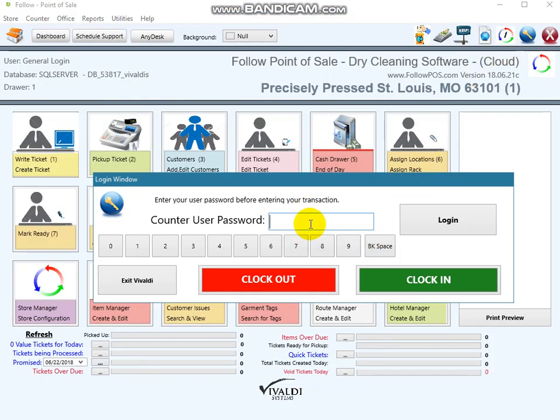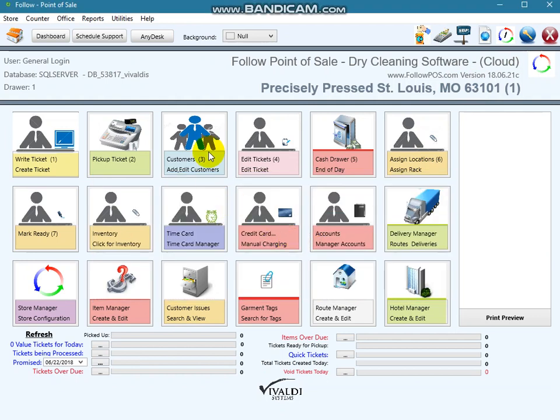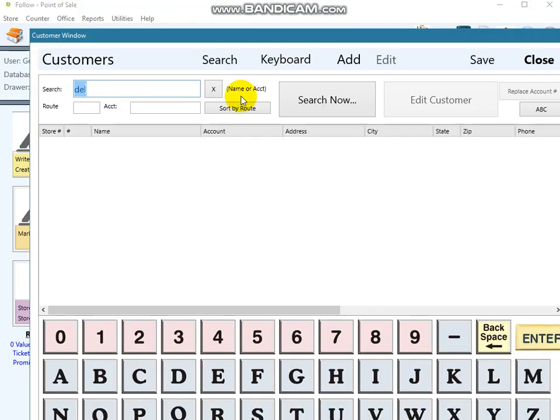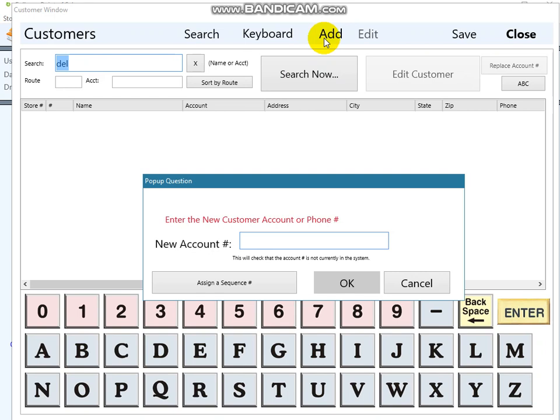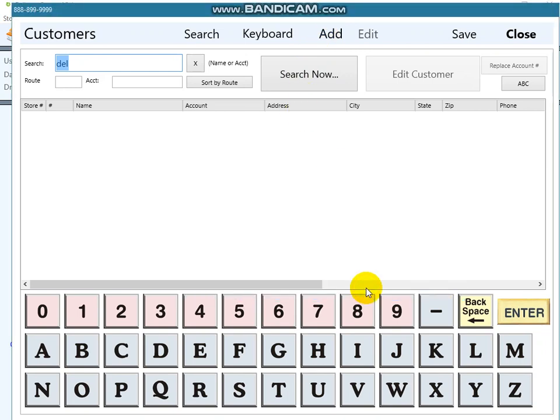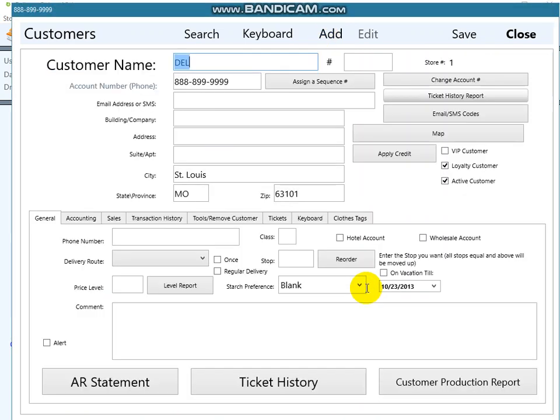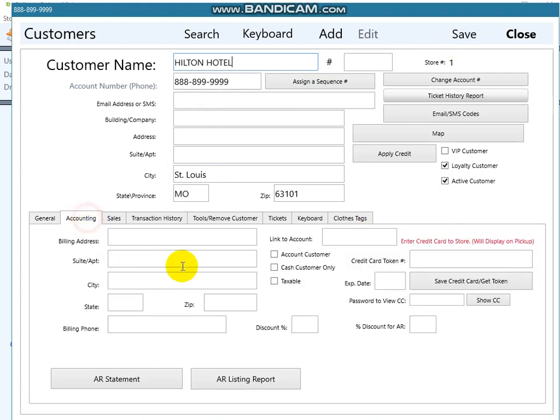The next thing you want to do is you want to enter a couple accounts depending on what kind of business you do with them. So I'm going to click add, and I'm going to add some phone numbers here. Okay, and I'm going to add a basic hotel account. So I'm going to call this the Hilton Hotel, and I'm going to come down here and I'm going to indicate,